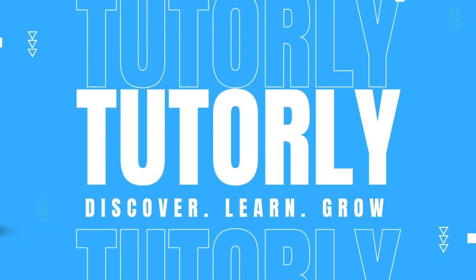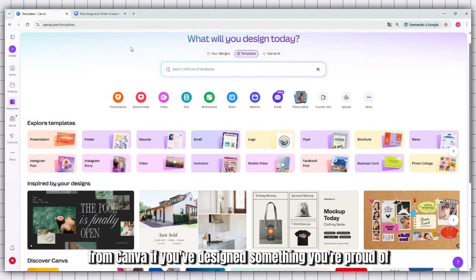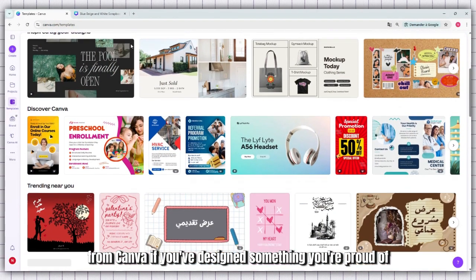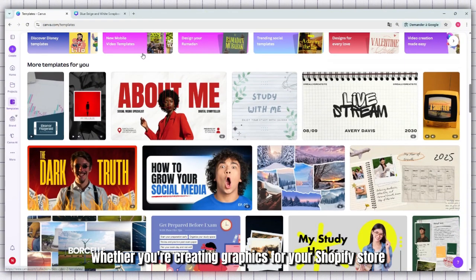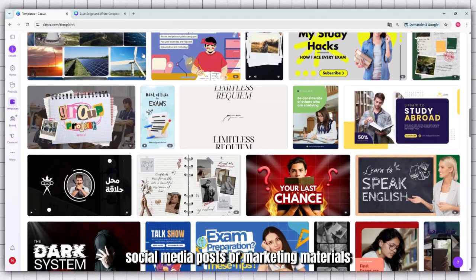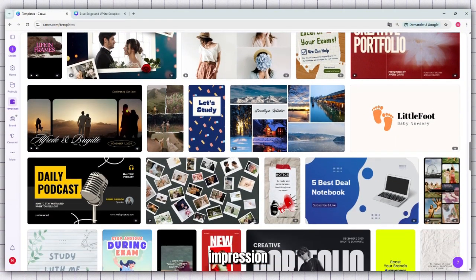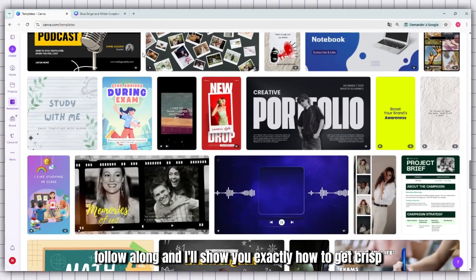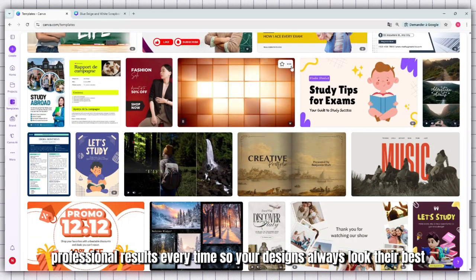So in today's video, I'm going to show you exactly how to export high quality images from Canva. If you've designed something you're proud of, the last thing you want is a blurry or pixelated export. Whether you're creating graphics for your Shopify store, social media posts, or marketing materials, having a sharp and professional image is key to making a lasting impression. Follow along and I'll show you exactly how to get crisp, professional results every time, so your designs always look